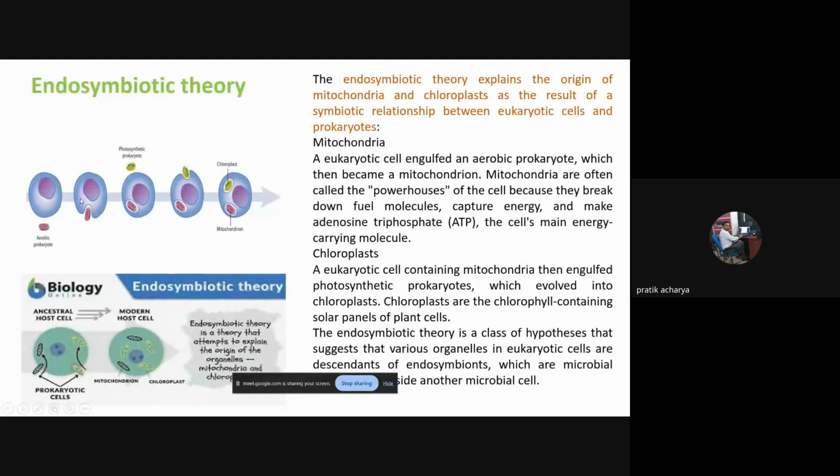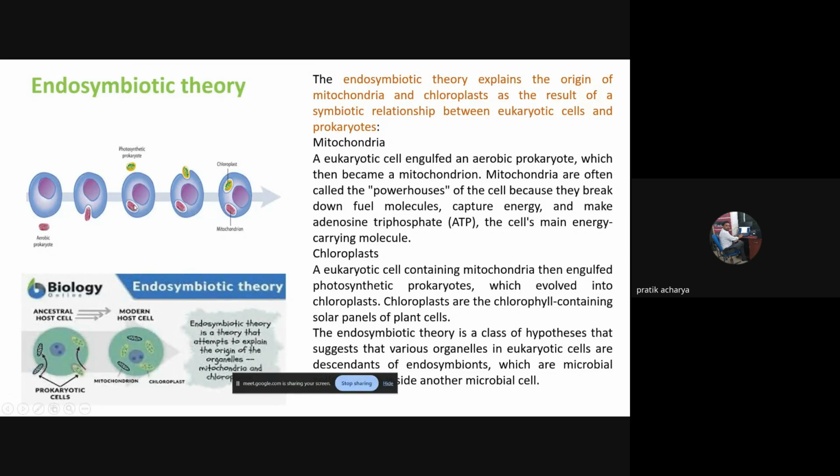The bigger cells were hypothesized to be the archaeal cell. The smaller cells were the bacterial cell. This is the endosymbiotic process by which the bacterial cell was engulfed into the archaeal cell, and this bacteria